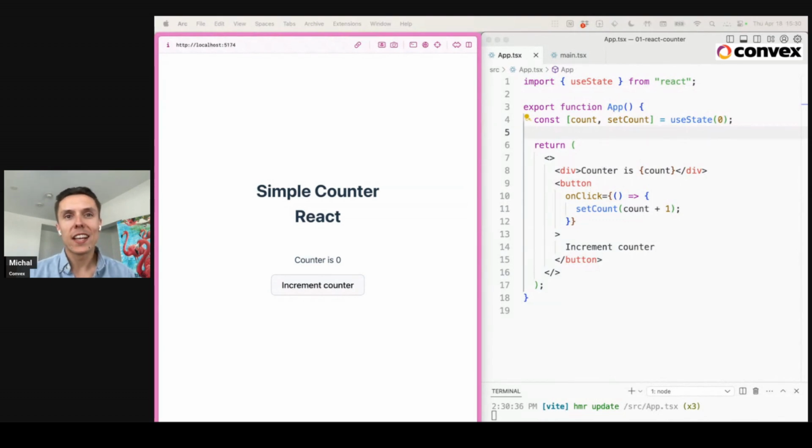Before I joined Convex, I spent over 7 years building new products from scratch at Facebook. All of the products I worked on used React or React Native. They were all full stack apps. They all had user interfaces where people would come and perform actions and make changes visible to other users of the product. And I loved building products like this, from figuring out the user experience to architecting how the backend